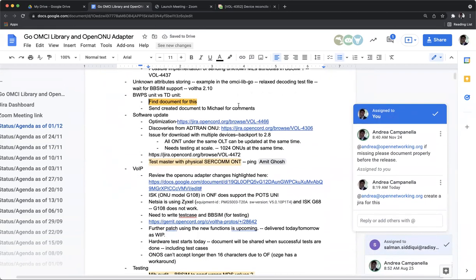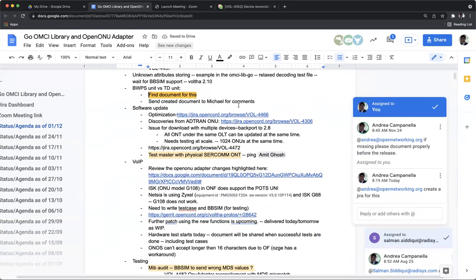Okay. On the software update front, any news, anything that we need to do for the release? I'm not sure we actually have anything here to do for the release, because the optimization that Amit was talking about is not going to get done for this release for sure, because it's going to be a major change in things. So he has a patch up for that if you guys are interested, but it's not going to be done for the release.